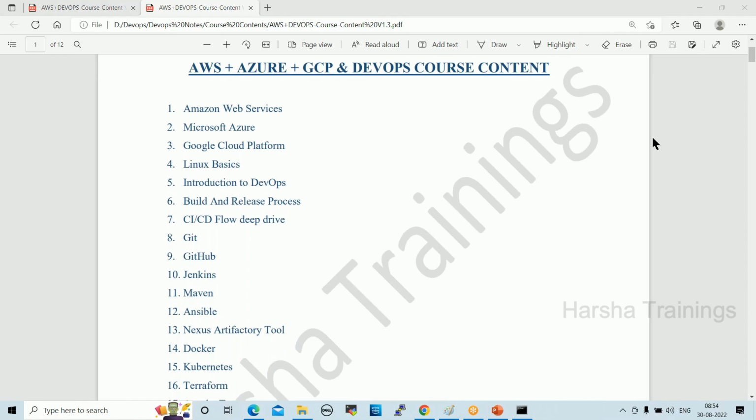So do you show how we will use AWS with DevOps or not? What is the relation here? Whatever application we use in AWS will be handled by DevOps.